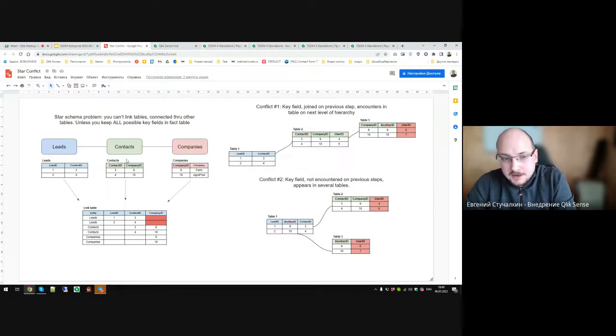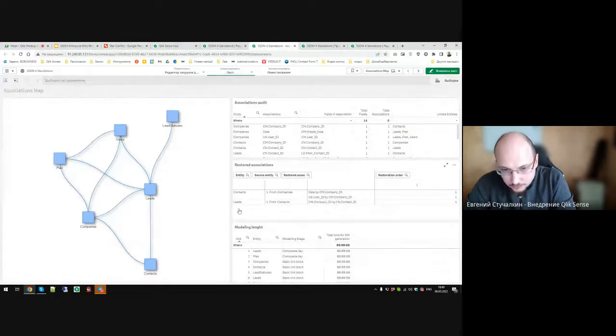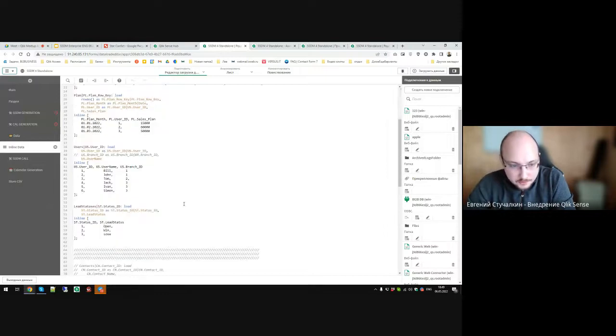This table represents how the process of joins worked. So you can see that in the lead table, from the contact table was joined company ID field by contact ID. And for the contact table, from companies were joined date associations by company ID and user ID associations, because